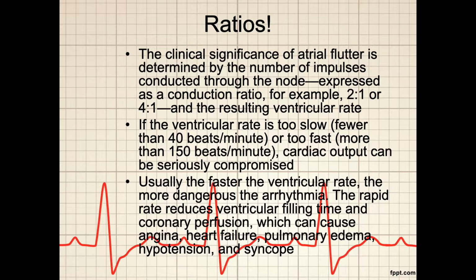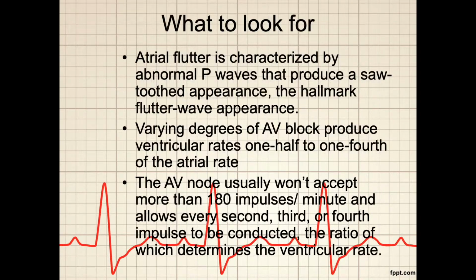If the ventricular rate is too slow, that is, fewer than 40 beats per minute, or too fast, more than 150 beats per minute, cardiac output can be seriously compromised. Usually, the faster the ventricular rate, the more dangerous the arrhythmia is. The rapid rate reduces ventricular filling time and coronary perfusion, which can cause angina, heart failure, pulmonary edema, hypotension, and syncope. On your rhythm strip, atrial flutter is characterized by abnormal P waves that produce a sawtooth appearance, the hallmark